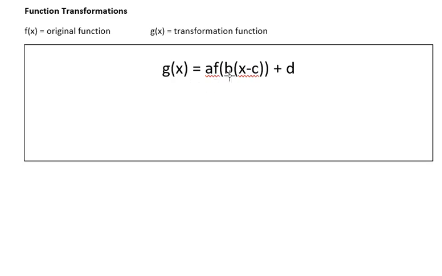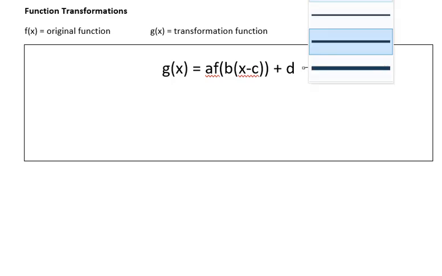Different variables in this function represent different transformations, they are holding the place for different transformations. Like g of x would be the transformed function, and it is equal to f of x with certain transformations applied to it. So here the d in this function